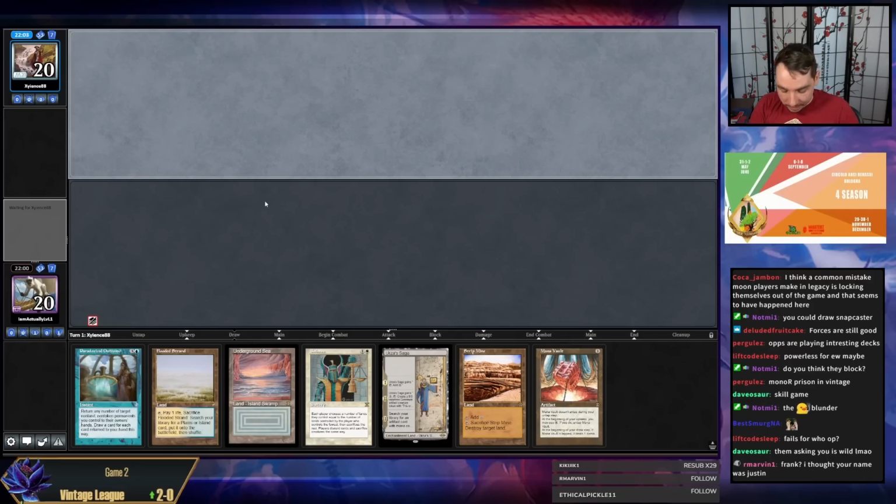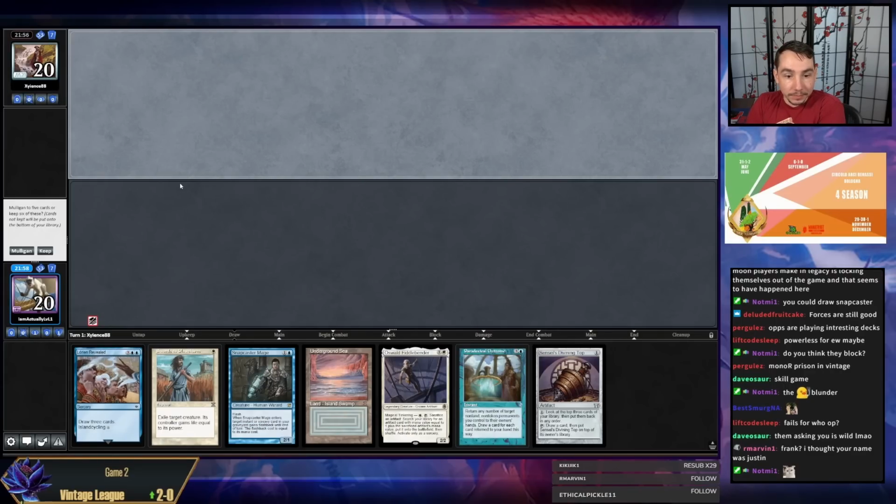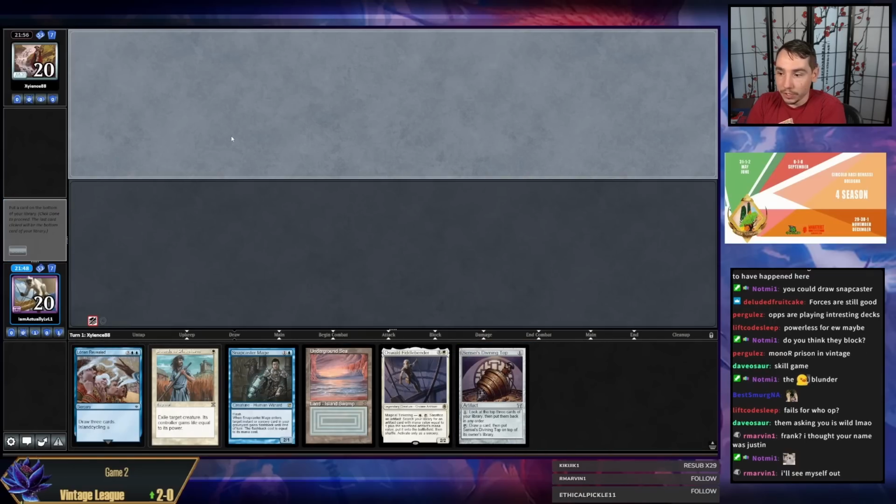What do you think about this one, chat? I'm thinking it doesn't have a Force of Will. This gets the basic Island. This is probably a keep. Not good, but